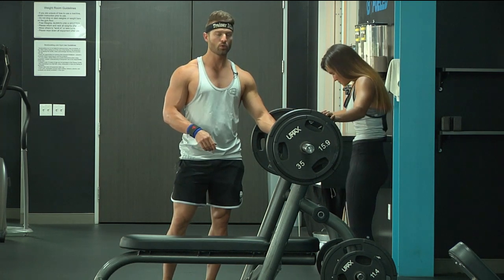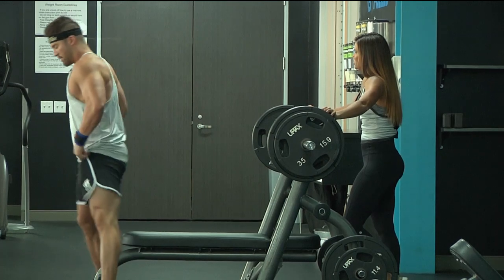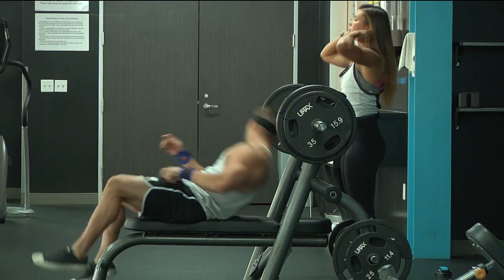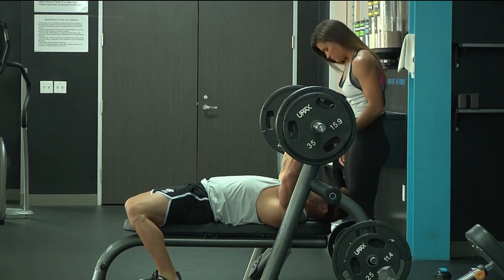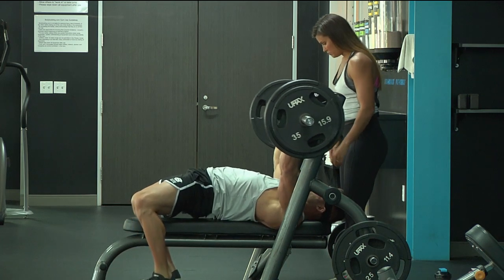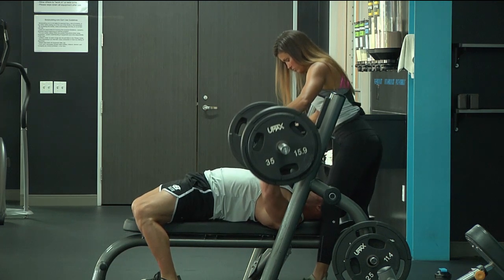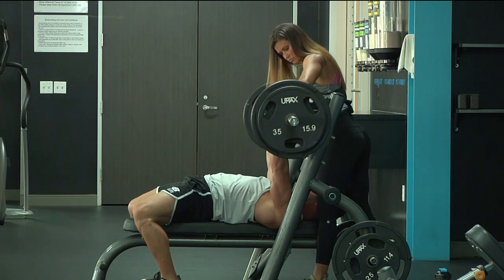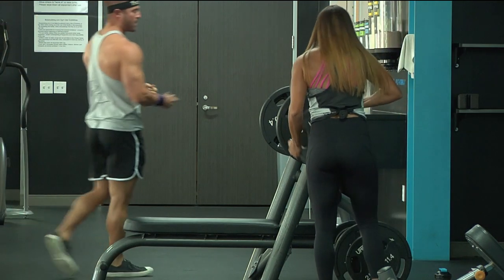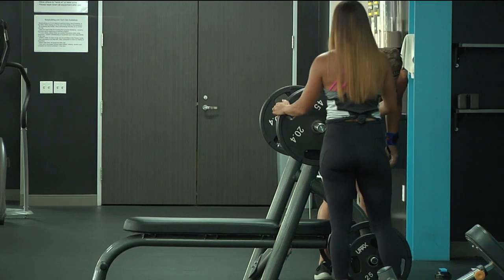So here we go, 2 reps. We've got, what do we have on here, 295? All right, taking a little extra time before your heavier reps here. A little more time to set up, make sure hands are even. Like I said, bench has never been a super strong point for me, but it's all relative for you. I think my max that I've ever done on bench is 335, so I feel pretty good about moving that